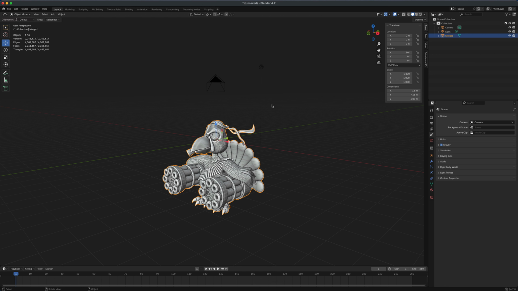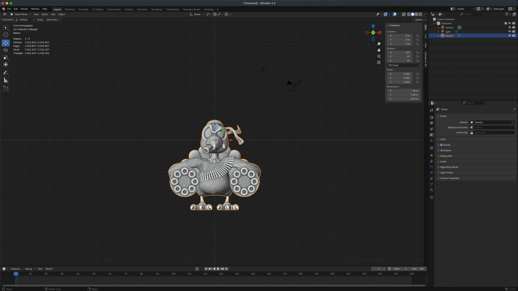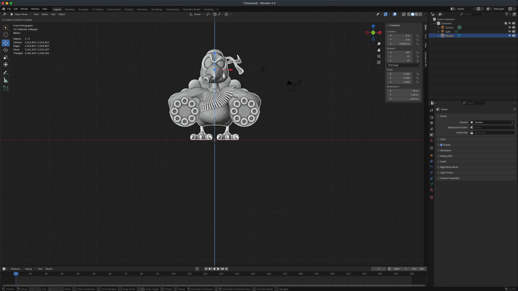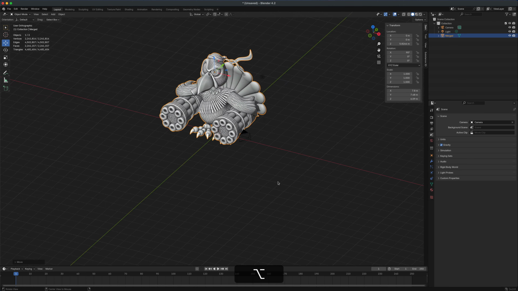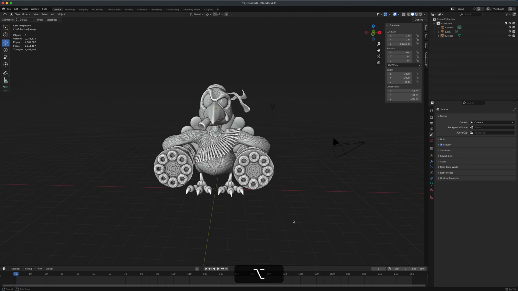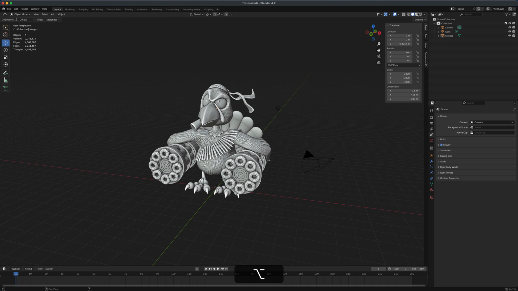So all I need to do is simply move him up. If I wanted to snap this into place, I can click on these little guys here. If I want to change my view, let me just make sure he's perfectly staying on the floor, right? I think that's great. Now, how do we activate the PolyPaint in here? Well, to do that, we need to switch to obviously a different